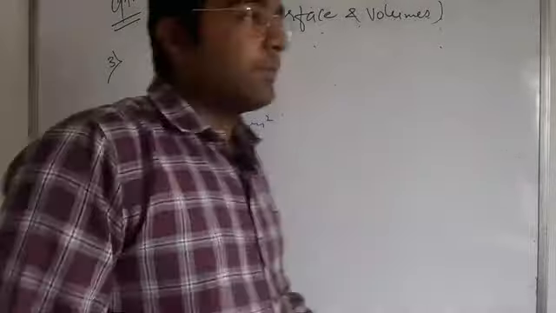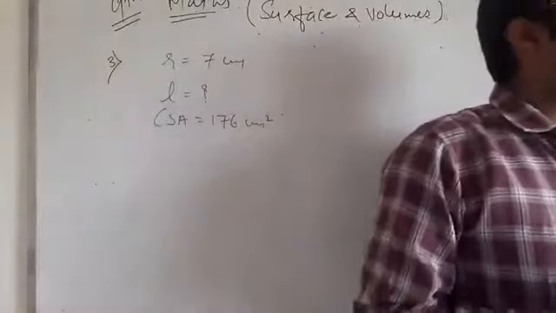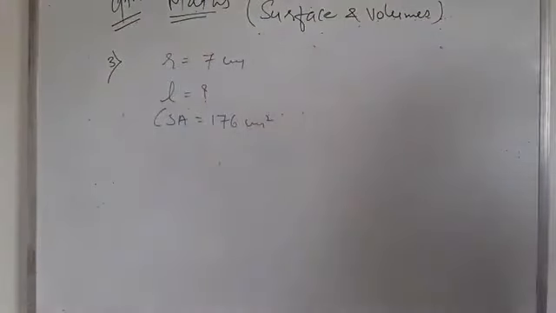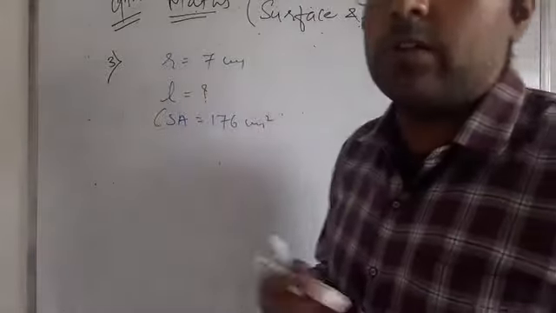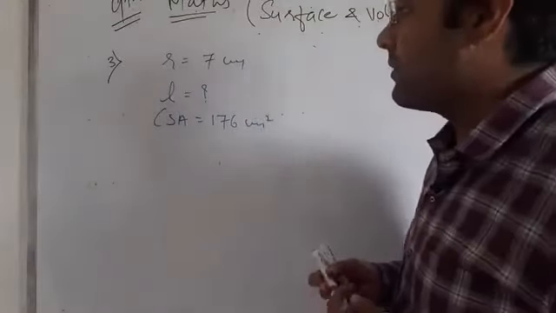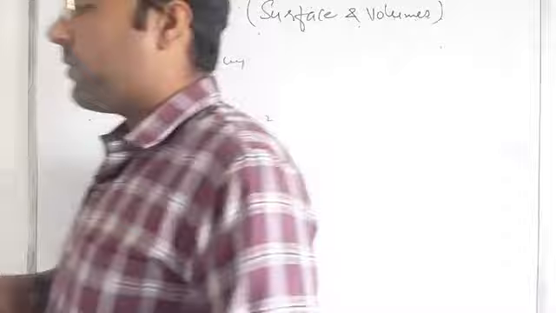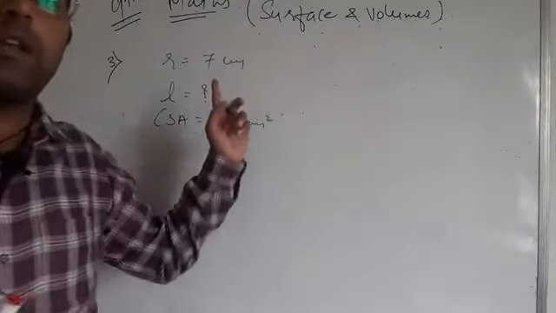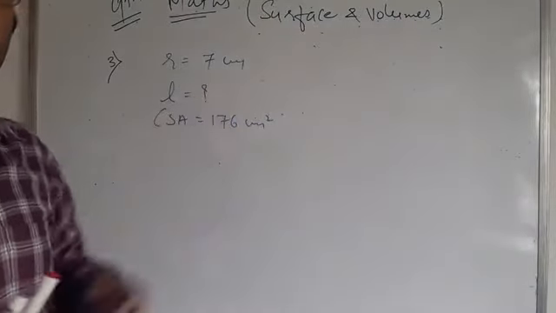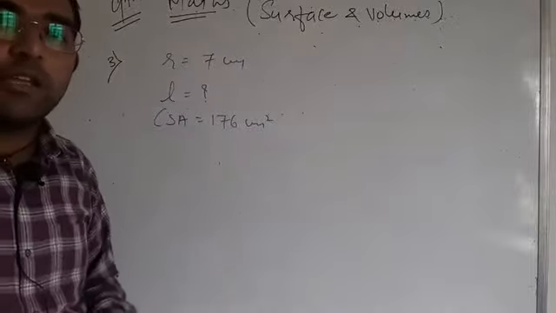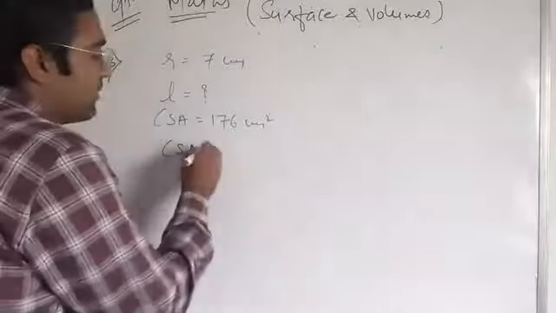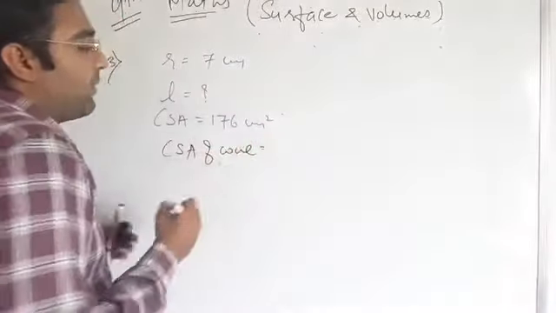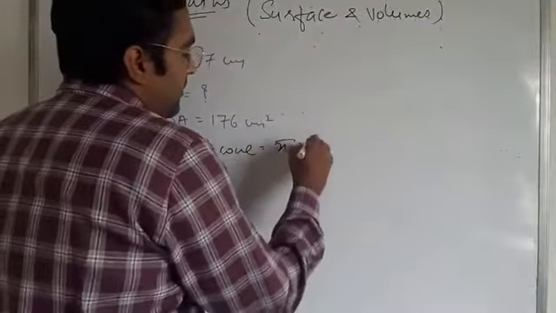Now here students, we are moving step by step to the harder sums. Now we have to solve one of the tough sums step by step. My curved surface area is given and the radius is given. We have to find the slant height of the cone. So the curved surface area of the cone, what is my formula? That is pi RL.